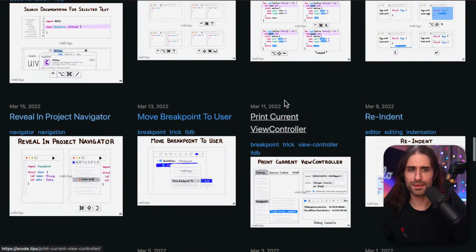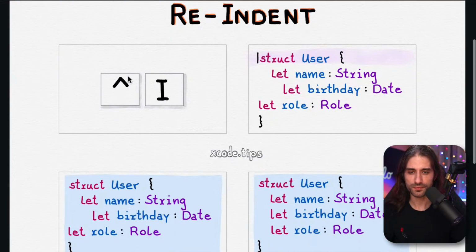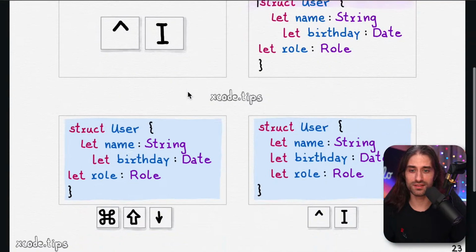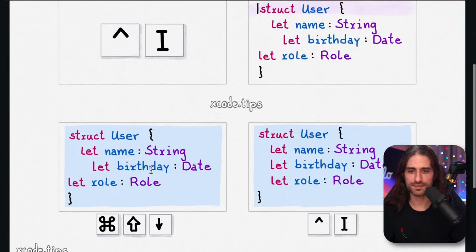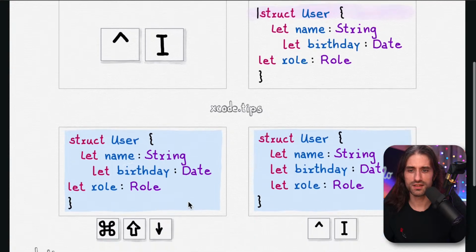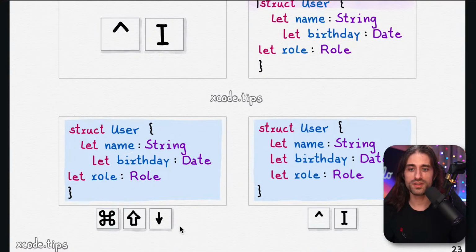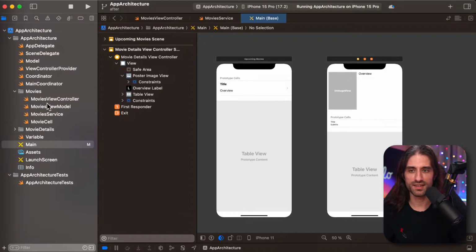For the following tip, reindenting. This one is very useful. So Control I, I've used it a lot. And then there is this one, which is Command Shift and then one of the direction keys. So let's see. First, we're going to do Command I. Oh, okay, it's because you can select before you do it. All right. So I guess I get it.